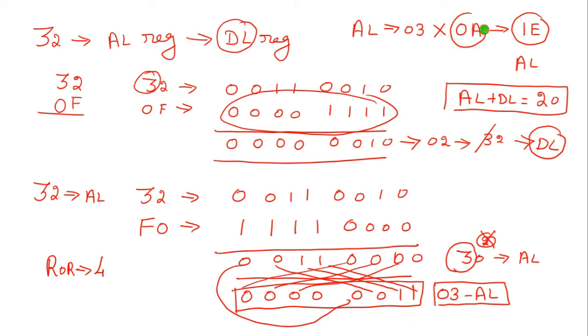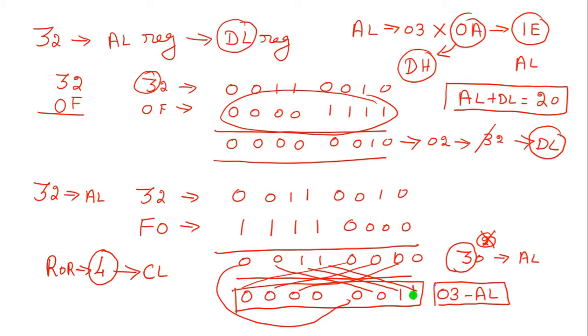Now the 0A value is also stored in one of the registers. The register is DH. This DH register stores the value 0A. Here the right rotation operation is performed. The 4 value is also stored in the CL register, because here we are going to perform the 4-bit right rotation. Like that, we find the binary number from the BCD number.